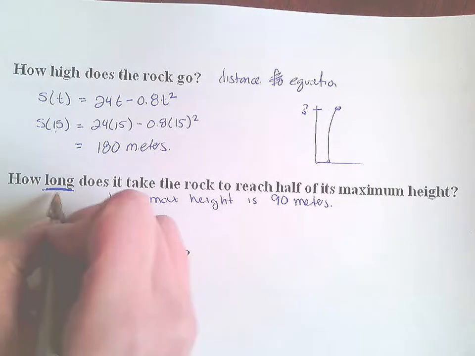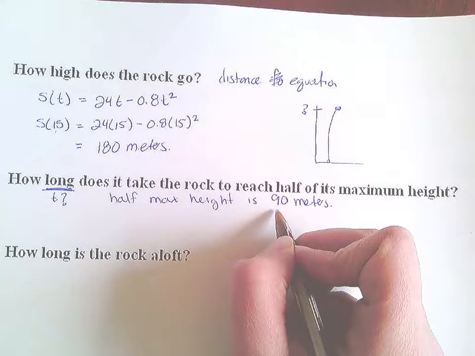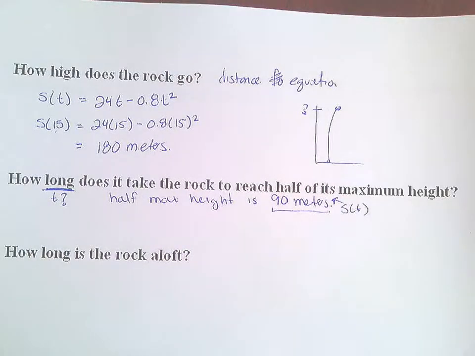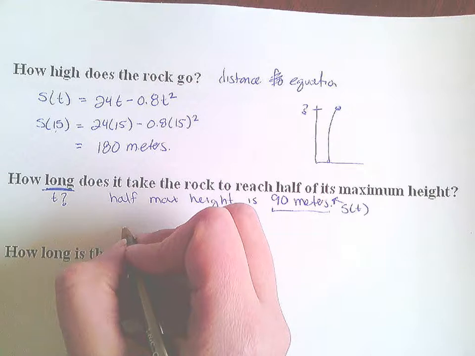And which function are we using at this point? We want t. We have s of t. So basically we're going to be using the original function, and we're going to set, okay, so again,